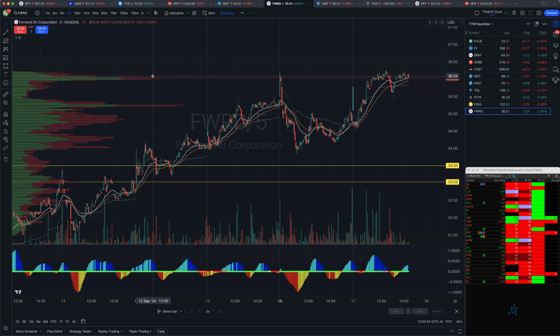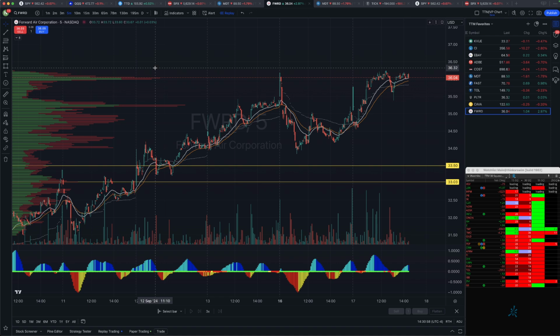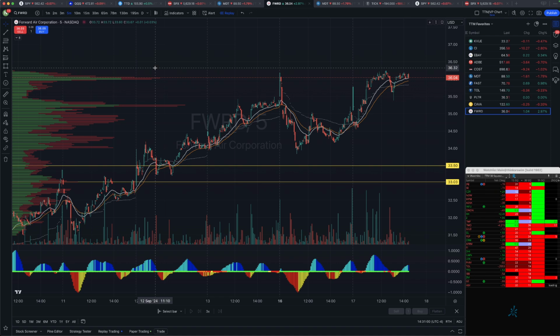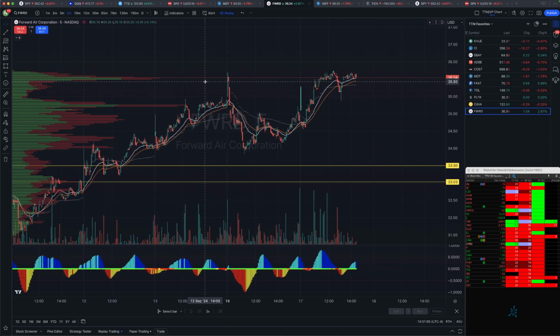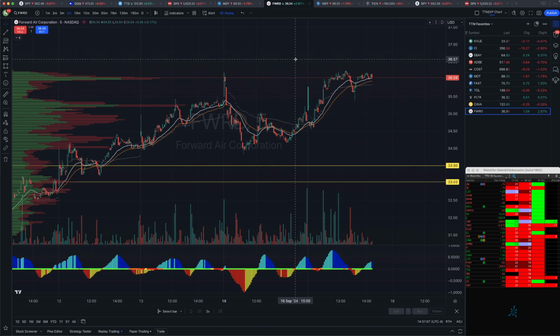Yeah, Kava looks great. What pattern does this look like? No, I wouldn't call that a woodpecker. It was one of the patterns that we talked about. Yeah, you could definitely argue cup and handle. And the shape's not perfect. But I would argue